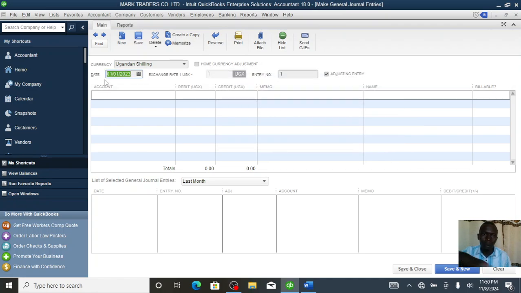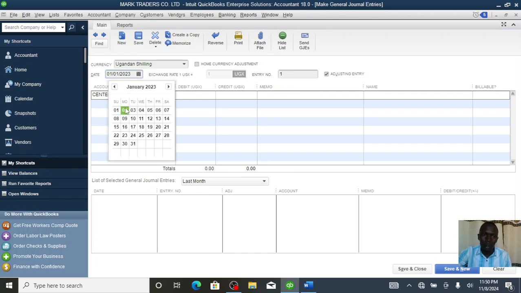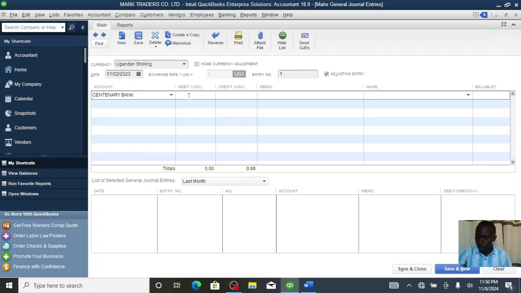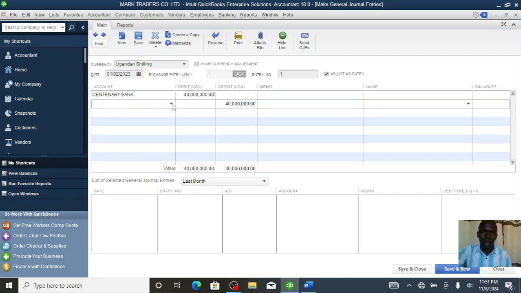Okay. So we shall debit bank. Our bank is Centenary Bank. So we first change the date. It was on 2nd. So we debit it with 40 million. So we credit our capital,